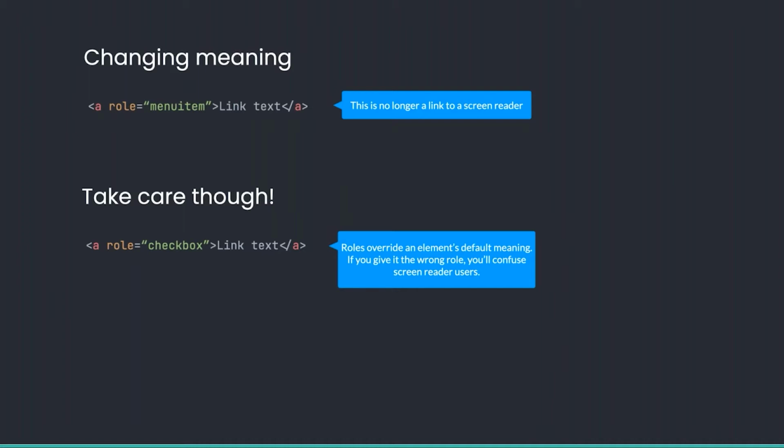So here we've got a link, and we've incorrectly marked it as a checkbox. So yeah, maybe a blind user using a screen reader would interact with this, expecting to select something, and all of a sudden they're just navigated away from the page. So you do have to be careful using roles. So that's adding and changing existing sort